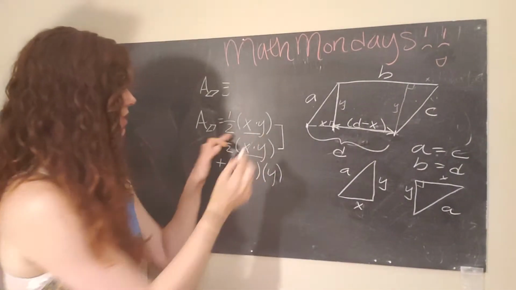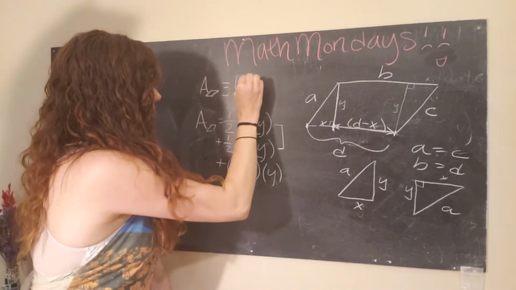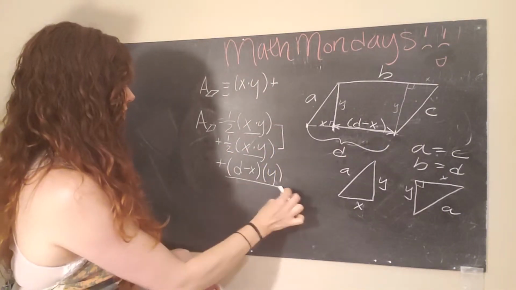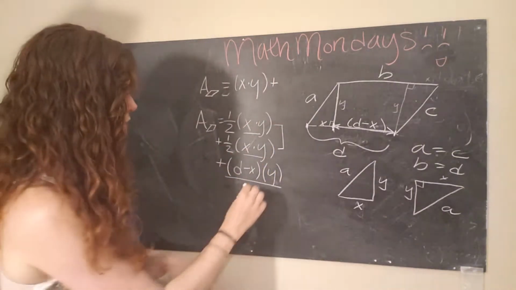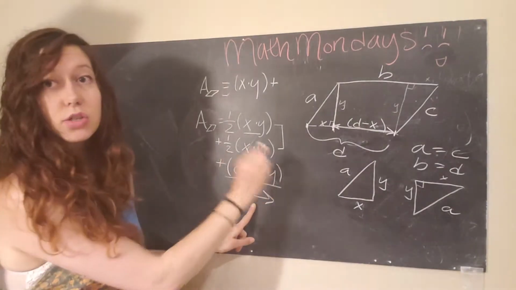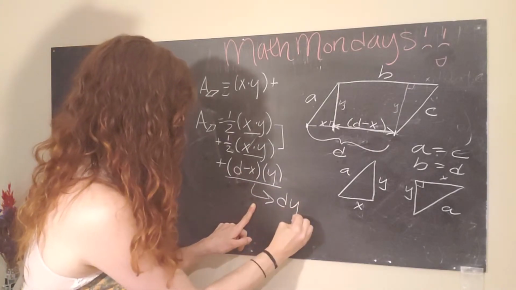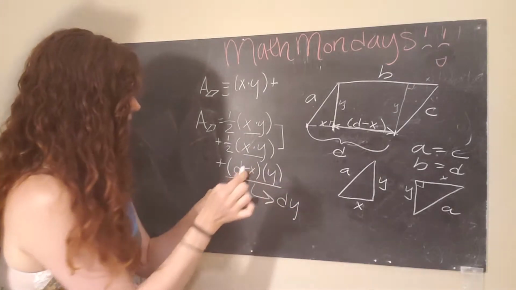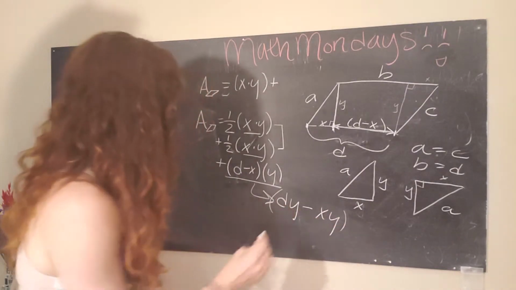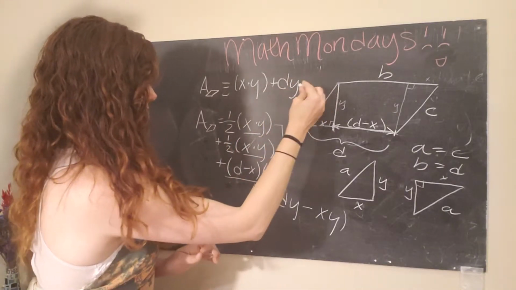Because these two are the same, I can smush them together and I get X times Y plus, well, what's this? I need to simplify this out. And so I'm going to write this out here. So D minus X times Y, we need to distribute that. So we get D times Y and a negative X times Y. Okay, so then I add plus DY